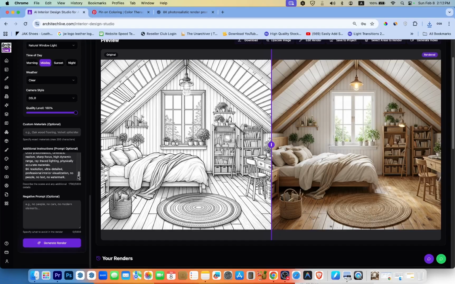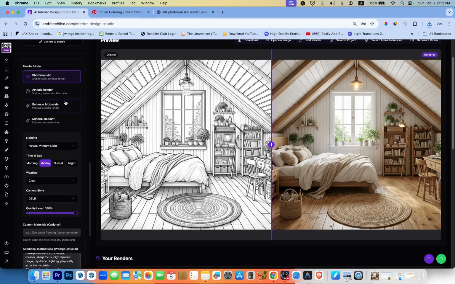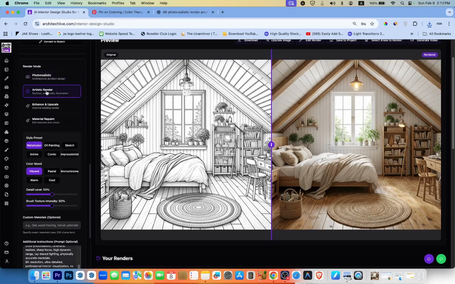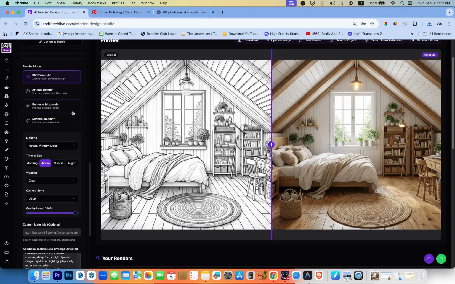So now I will show you another thing. Let's suppose you have an artistic render, right? By the way, you can explore your own ambient lighting, warm evening, bright daylight, spotlight. You can test it yourself, right? And you can say sunset, you can say night also. So if I go in artistic,